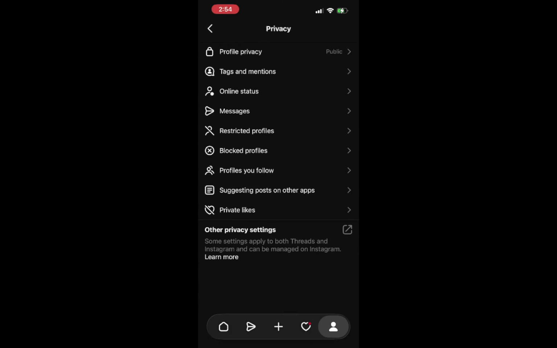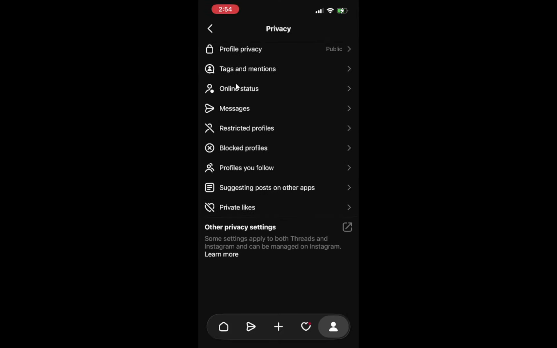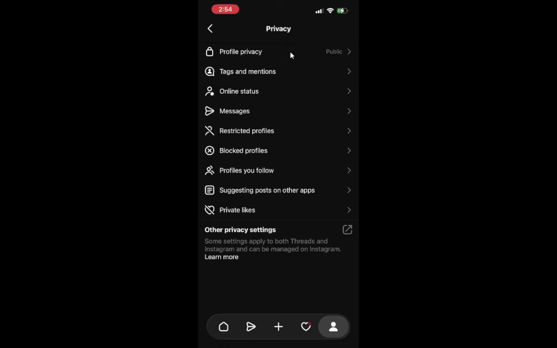You might see sections for profile privacy, mentions, followers, and similar options. Any change you make here applies right away. You do not need to hunt for a save button. Adjust the settings you want. Take a moment to scroll through them so you get a feel for what exists. Each line opens a small detail screen where you can fine-tune things such as who can see your activity or how people reach you. If you ever feel unsure about a setting, you can simply back out without changing anything.